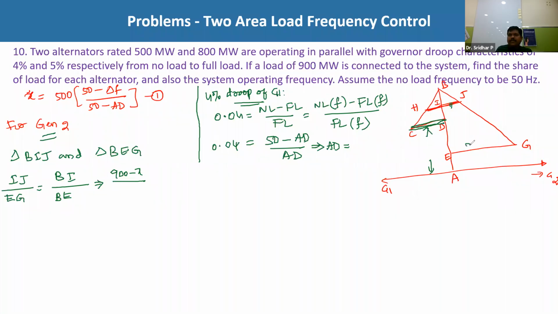EG is nothing but how much? This is 800, is equal to. Now BI. What is this BI? BI is nothing but AB minus AI, divided by BE. BE is nothing but this value, AB minus AE. So this is 900 minus X divided by 800 is equal to, AB is nothing but 50 minus A, which is the delta F, divided by